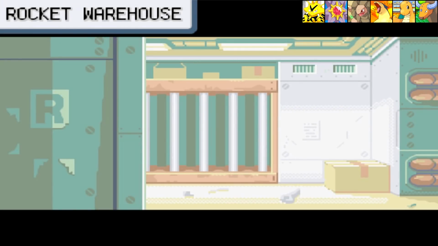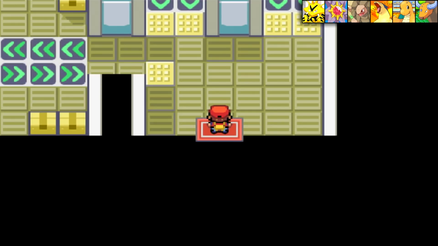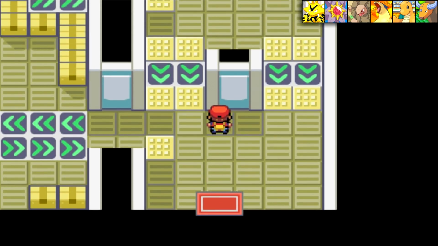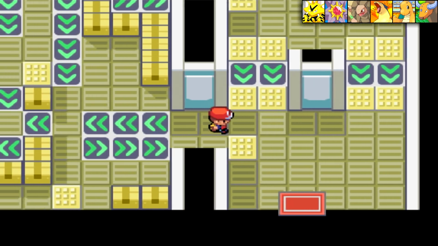All right, time to go inside. How big can it be, really? I mean, it looks pretty tiny from the outside, right? Oh. Never mind. Okay, so it reminds me of the Rocket HQ in Celadon, but I've never been here before,